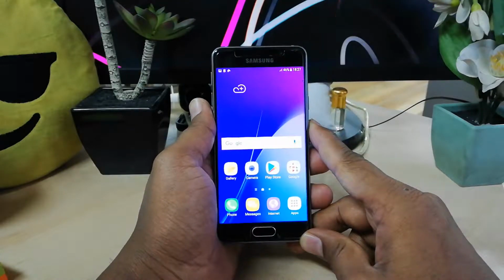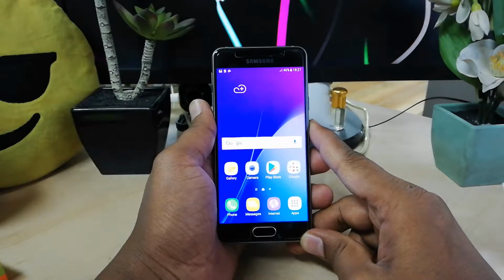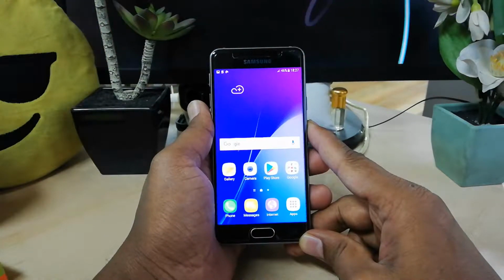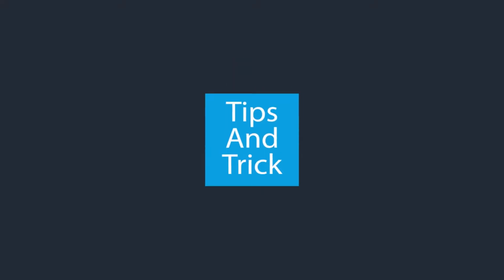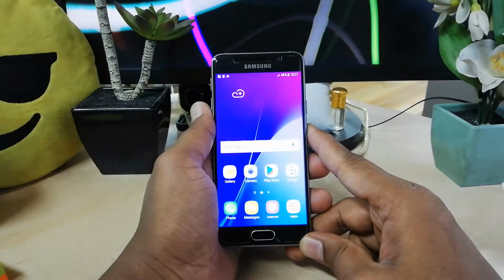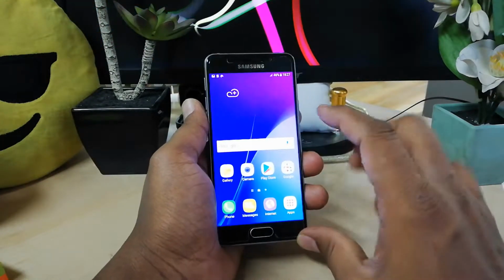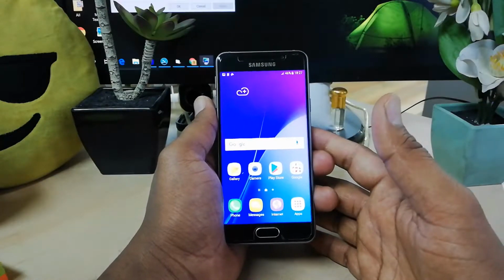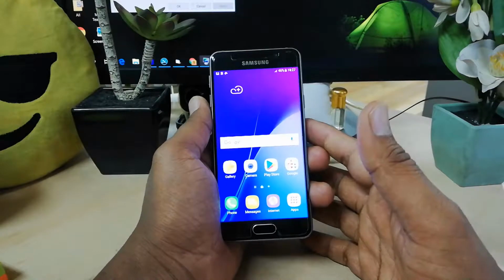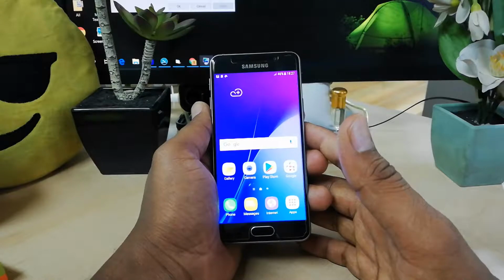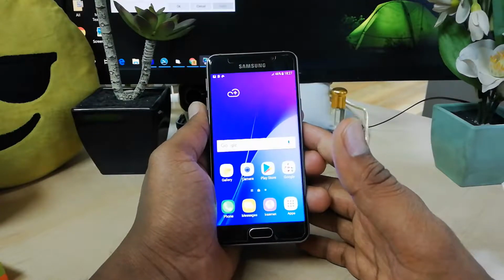In this tutorial, I am going to share with you how to take a screenshot in your Samsung Galaxy A3 device. So let's take a look. In some cases you might want to take a screenshot in a different area, like it might be in your phone or in any other social network. So in this video I will share with you step by step how you can take a screenshot in your Samsung